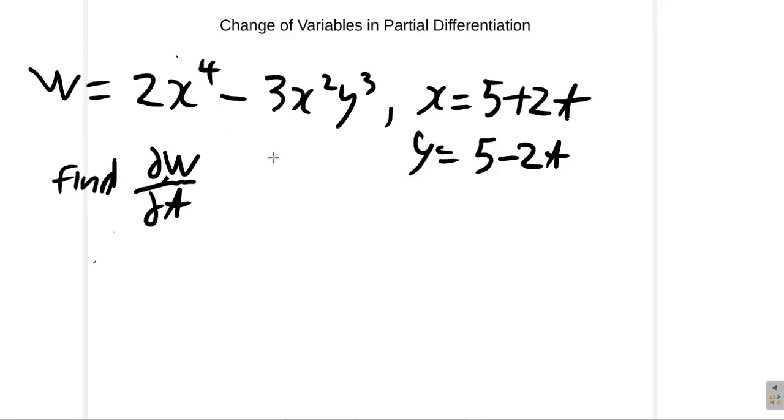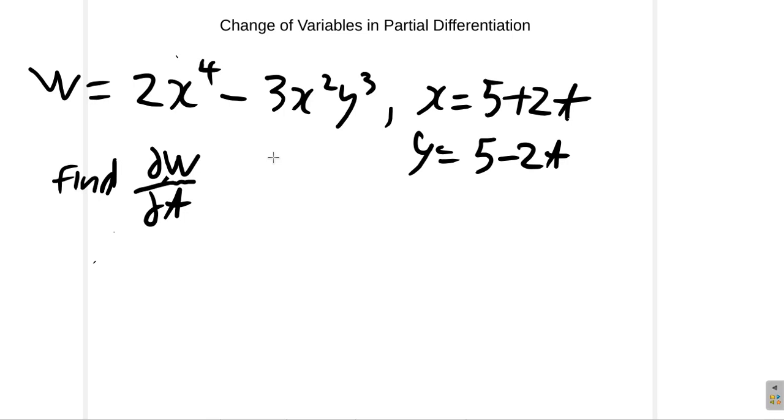We continue to look at our exercise on change of variables in partial differentiation. This question here, and by the way, I'm not in the best of health right now, so my voice isn't so clear. But